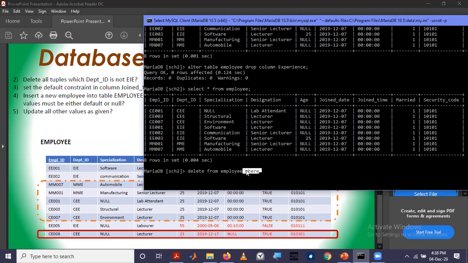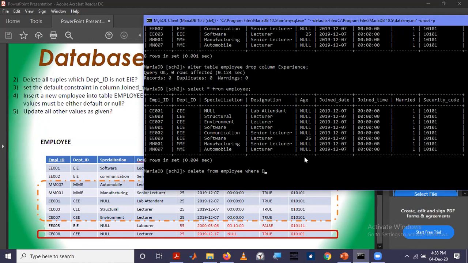This keyword where is used to specify the condition of the previous operation. After where you specify the condition. What is the condition? The condition is department ID not EI.